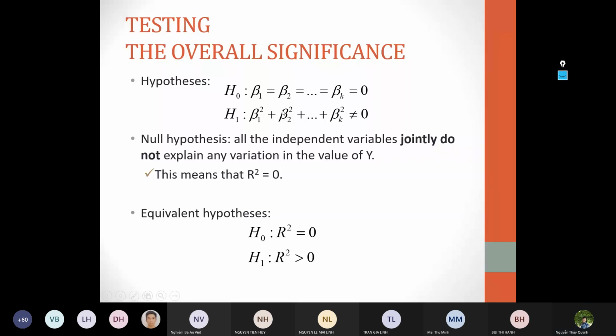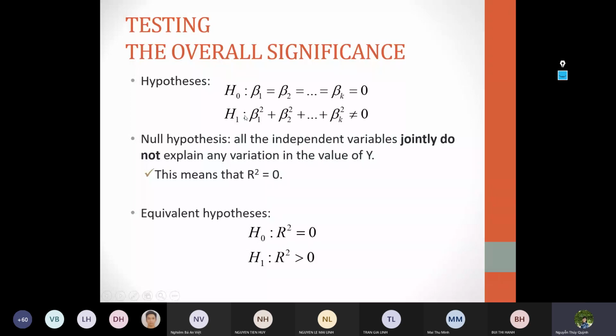All right, and the null hypothesis states that all of the regression coefficients are simultaneously equal to zero, which means that all the independent variables in the model do not have any effect on the dependent variable, and none of the independent variables can explain the variation in the dependent variable. Our alternative hypothesis here, H1, is that